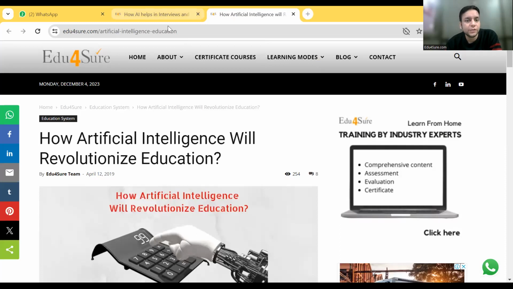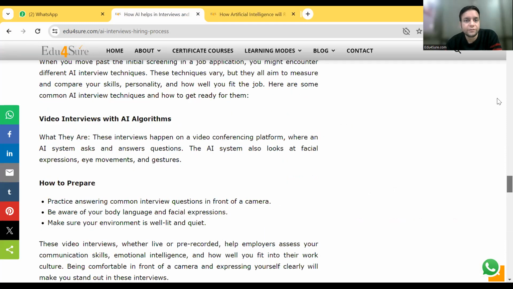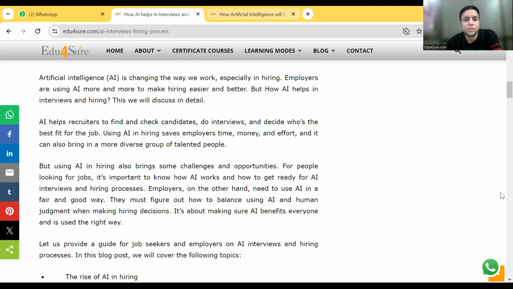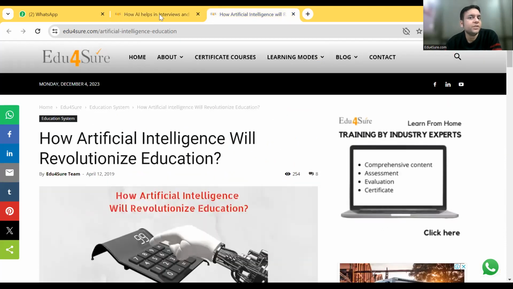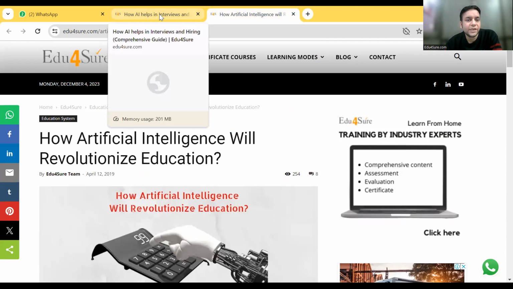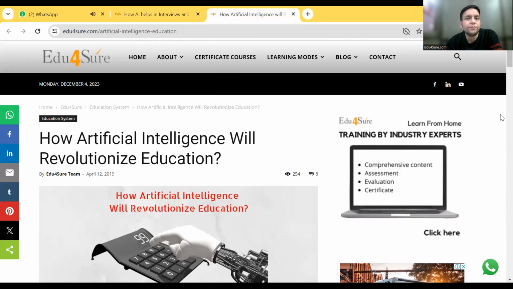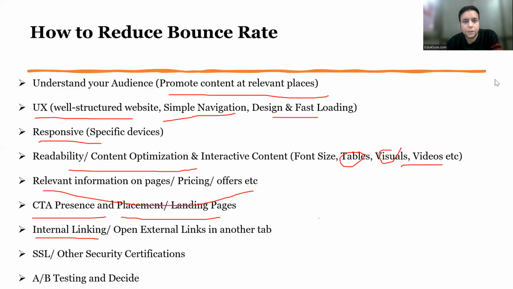That is also important, so that I can also read the page which I was already reading. I should not lose that page. Sometimes what happens is we click on a link and the new page opens and the previous page is lost because we selected that the link should open in the same tab. So always select that the link should open in another tab. I have shown this in internal linking and on-page SEO when we discussed those things. So you should take care of this. Coming back to the presentation. Internal linking should be there, and you should also open external links in another tab.